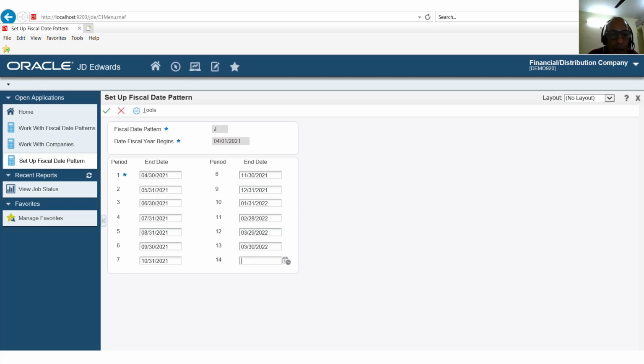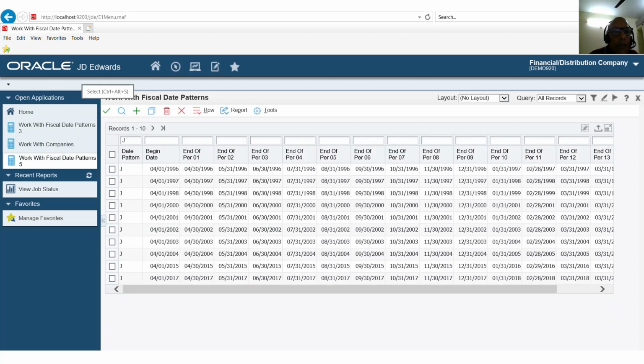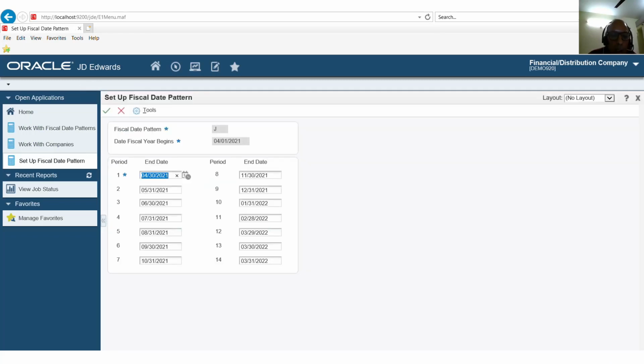I will close this end period 12, then 30th and 31st, these 2 days. So in this 13 and 14 period, you can pass adjustment entries. And if you do not want this 2 period for audit adjustment, we never used it in India, I can say nobody uses it. So just define 12 period only.